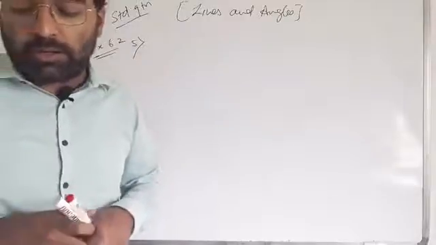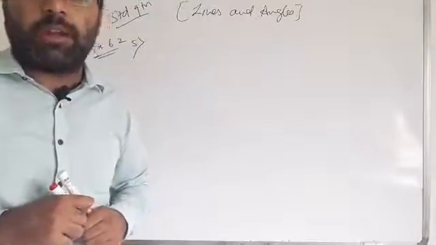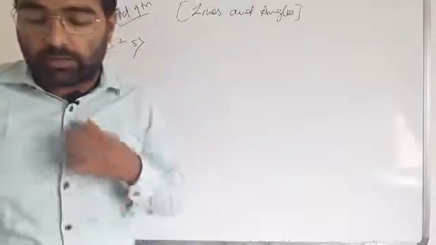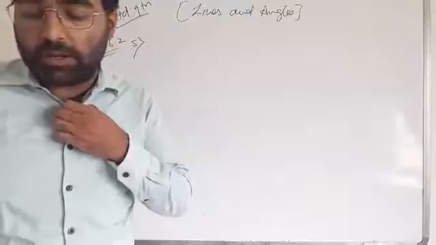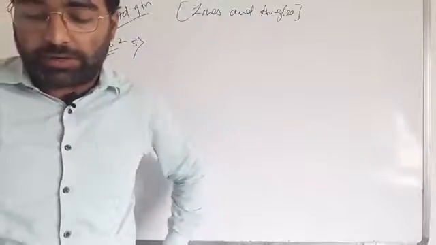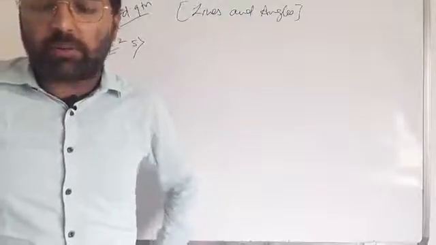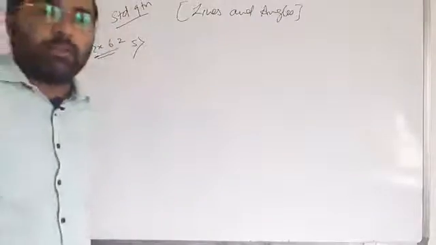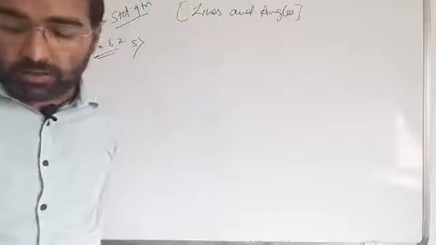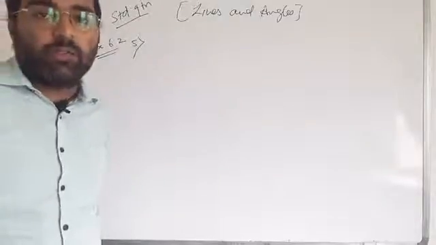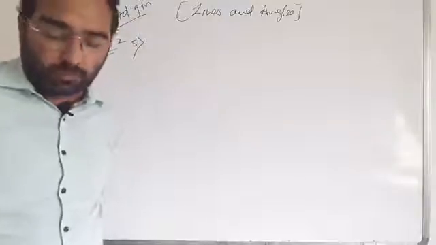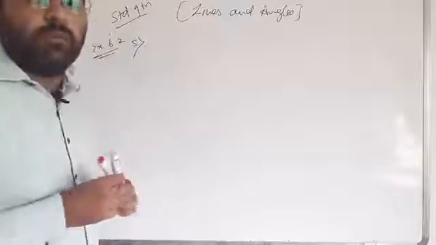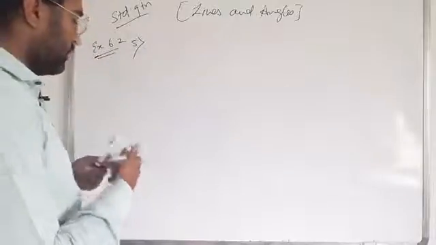In the given figure, if AB is parallel to CD, that is given, AB parallel to CD, and angle APQ equal to 50 degrees and angle PRD equal to 127 degrees. Find X and Y. So for that we need to draw the figure first.